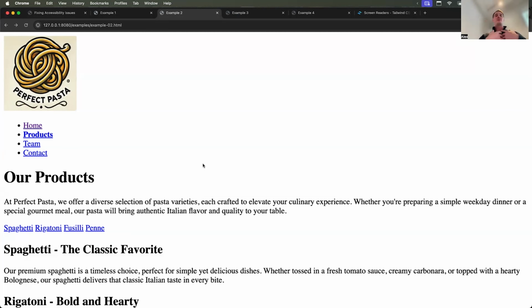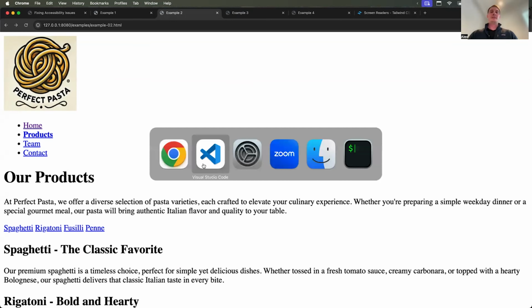If it is a very short navigation with 4 items like here, you don't really need the list. You can skip through very fast. If you have a big header with a lot of drop downs, you certainly want to have the list. Yeah, and nested lists probably. And if you want to remove the dots, it's quite important to use list-style-type none, because of this Safari VoiceOver bug, which